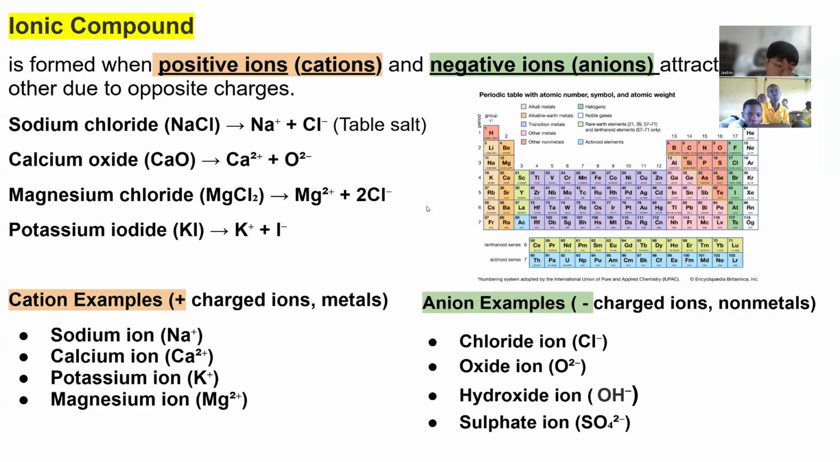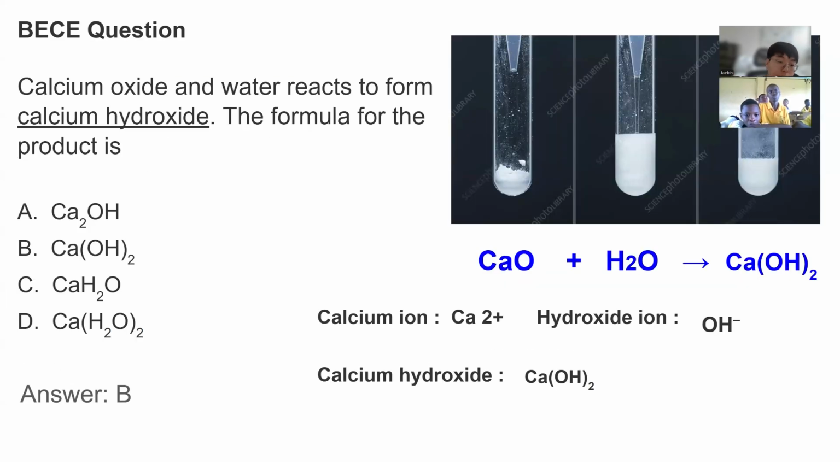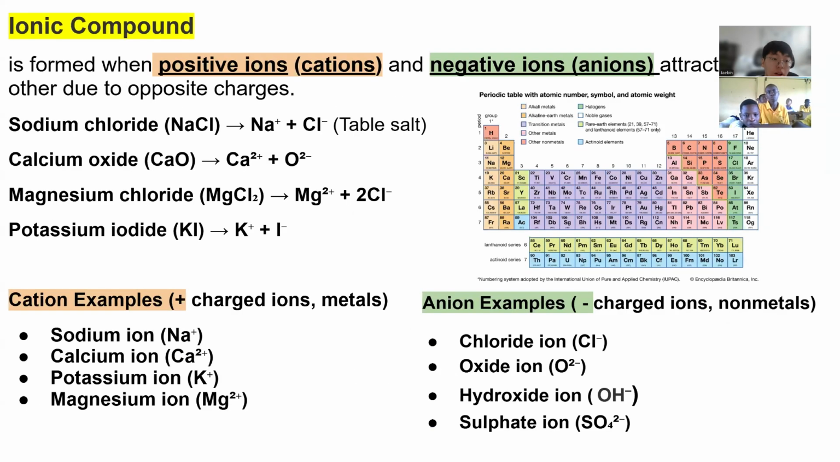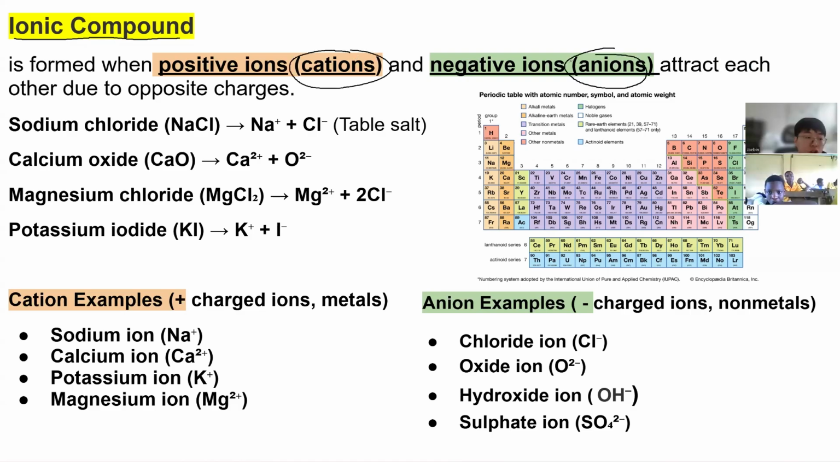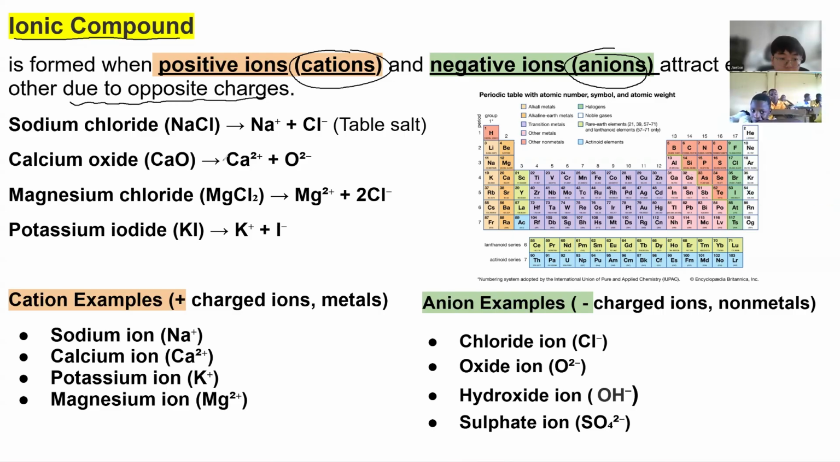Okay. So before, this problem was an example of forming an ionic compound. An ionic compound is formed when positive ions, cations, and negative ions, anions, attract each other due to opposite charges. Sodium. So,